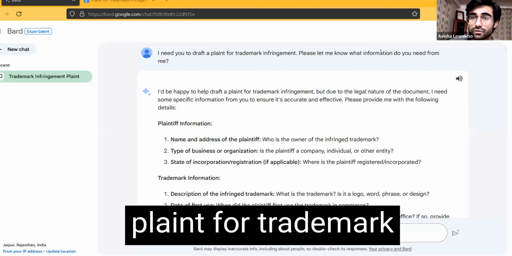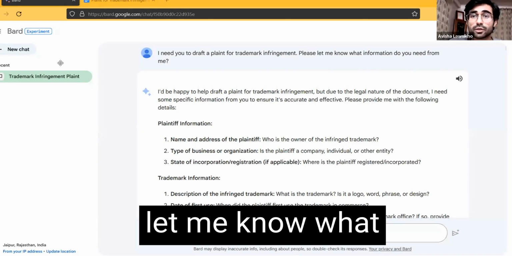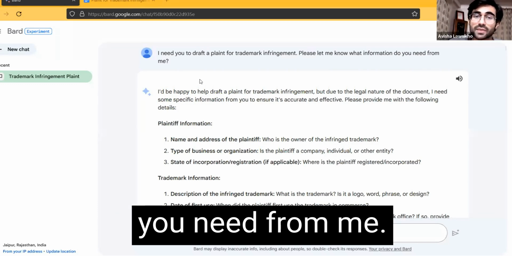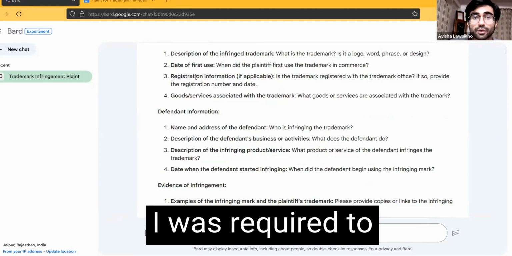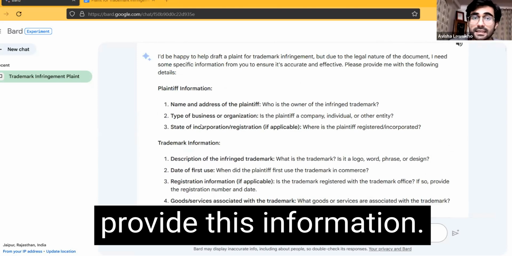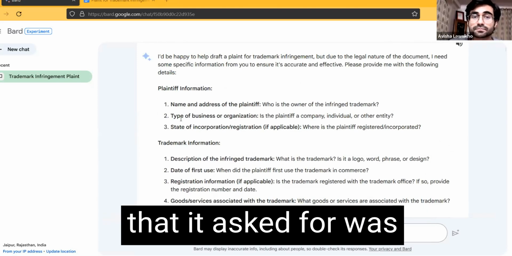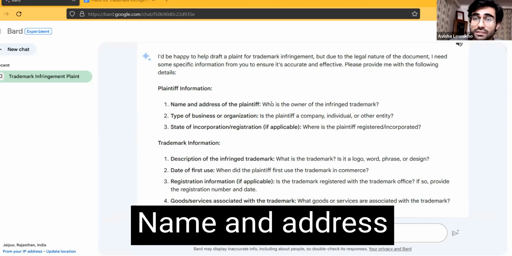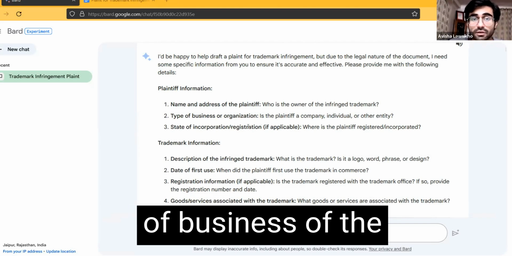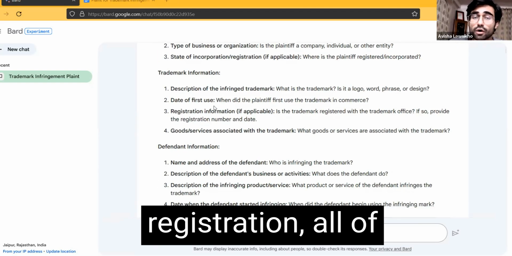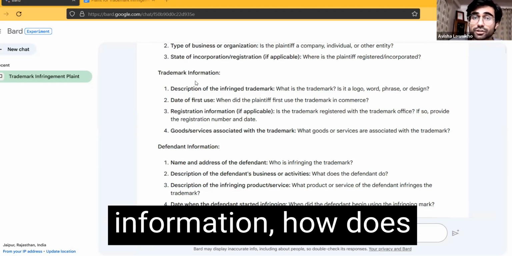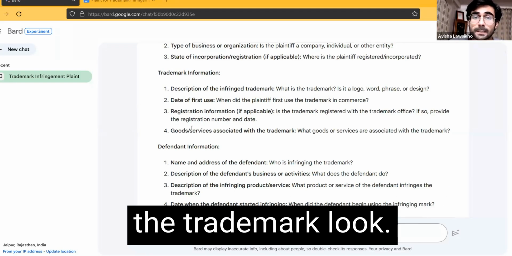I need you to draft a plaint for trademark infringement. Please let me know what information do you need from me. And then I got this result wherein I was required to provide this information. So the information that it asked for was along these lines: name and address of the plaintiff, type of business of the organization, state of incorporation, registration, all of these things, trademark information, how does the trademark look, and then